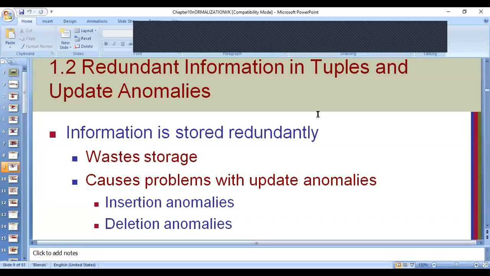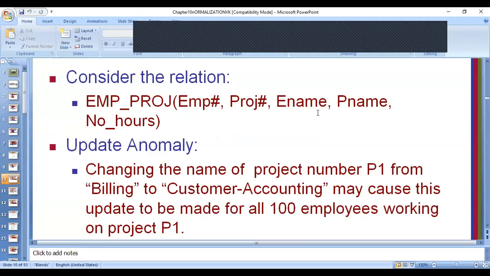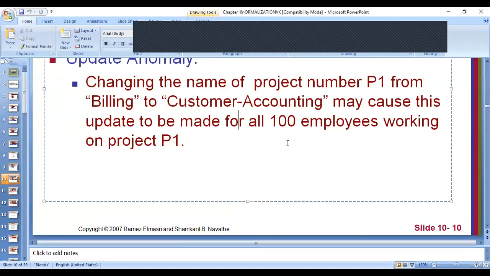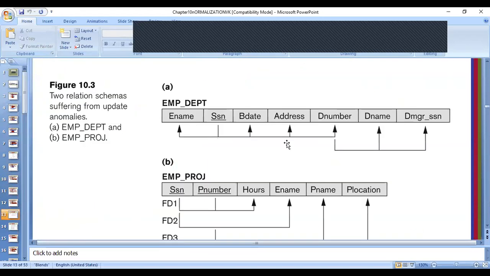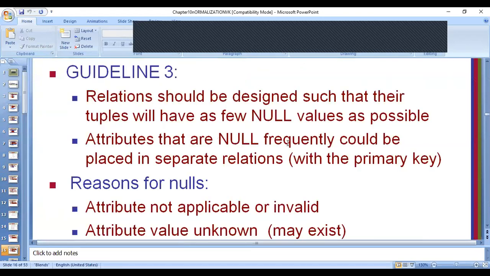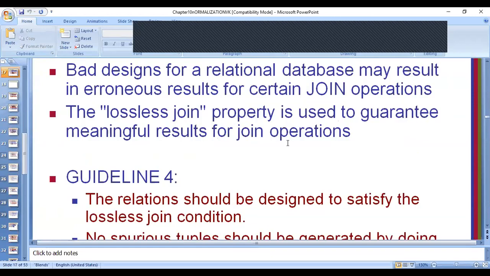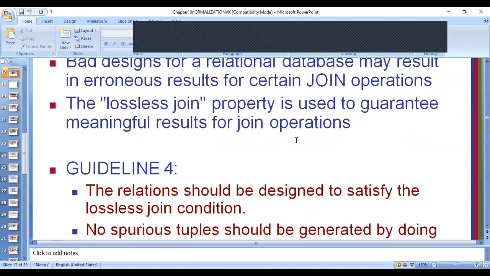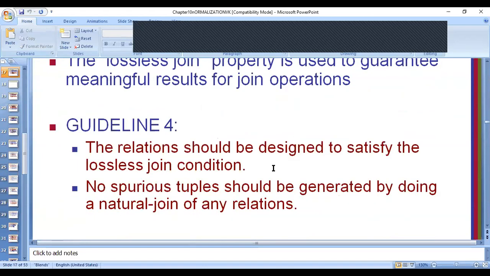But today we will see the explanation of it. The fourth one, as per the guideline, says that there should be no spurious tuples, or there shouldn't be a lossy join.